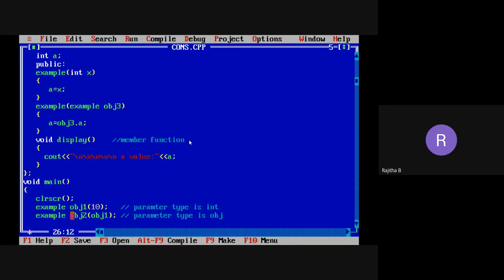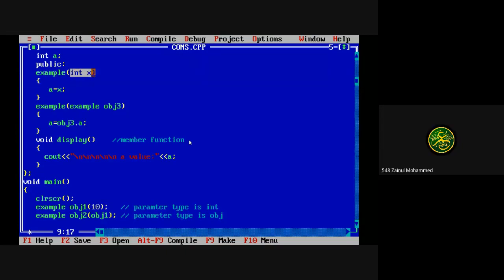Now, what is the second statement? obj2 of obj1. What am I passing here? obj1. Now this obj1 will be copied into the formal object obj3. Is this clear now? Once again, see here. obj1 of 10. What is the parameter value here? 10. And that value will be copied into the formal parameter x.